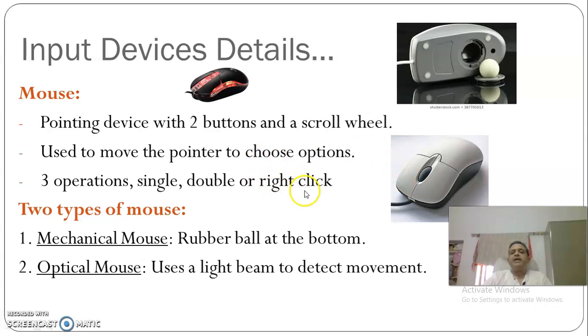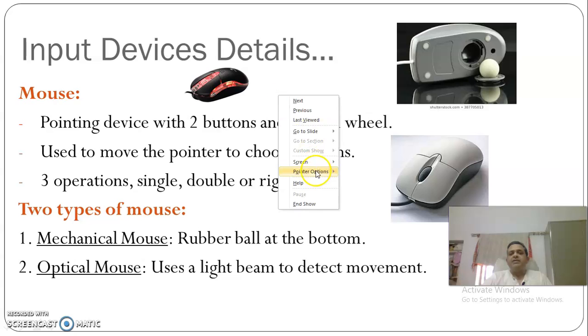And then you have the right click. Right click: when you click this right mouse button once, that is called a right click. Now, what happens when you click? It again depends on the area where you are clicking. A small pop-up menu is shown with certain most commonly used commands or options. You can click on that command or that option, whichever you want. For example, if I do the right click here on this screen, I get this menu. This is the context sensitive menu or the pop-up menu that comes on the right click.